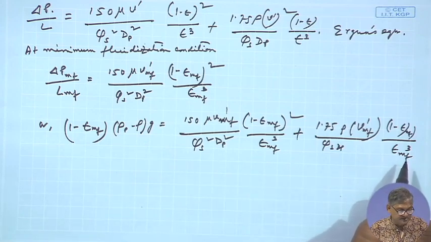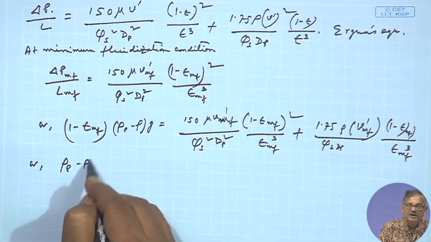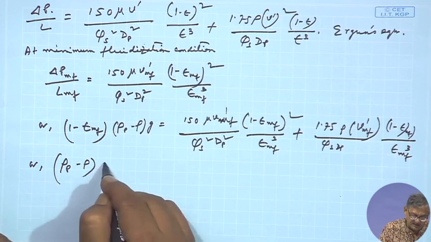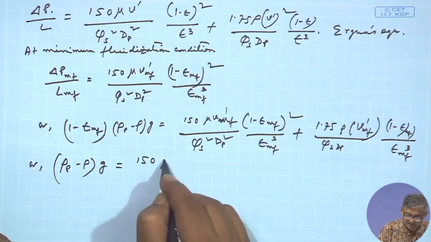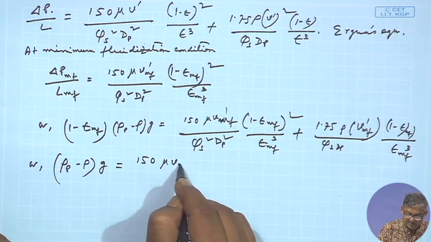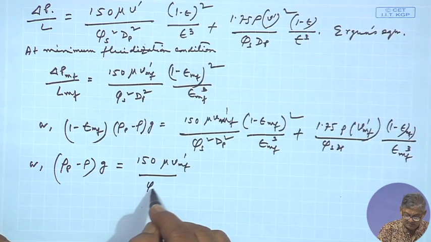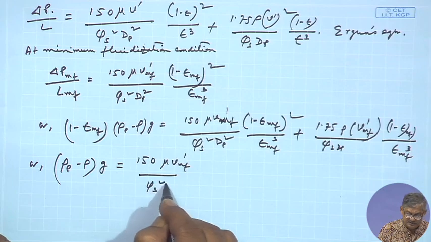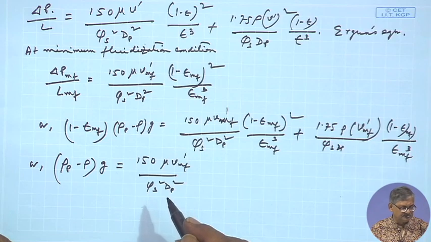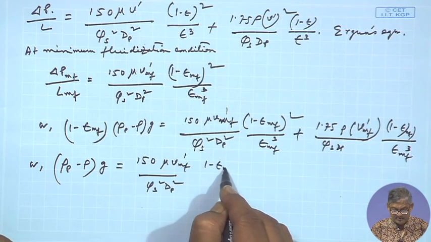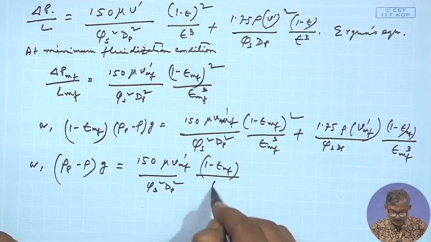So, if this is true, then we can also write (rho_p minus rho) g equals 150 mu V_mf prime over phi_s squared d_p squared, into (1 minus epsilon_mf) over epsilon_mf cubed,